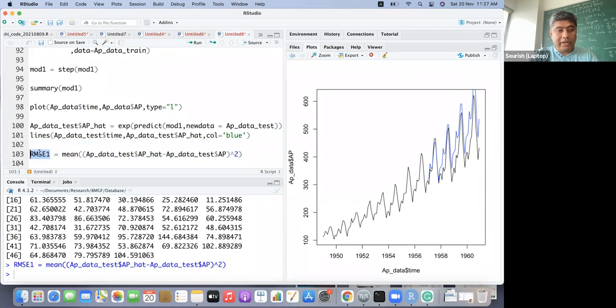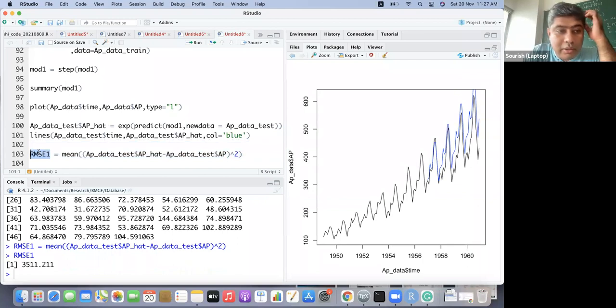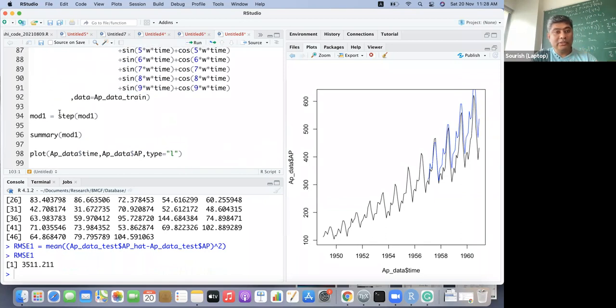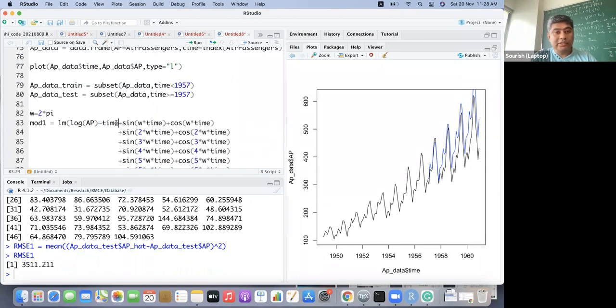So this is my RMSE, root mean square error, for the basic model built with a simple linear regression with a trend. Here is a trend and some Fourier transformation for engineered variables, which will try to pick up the seasonality.